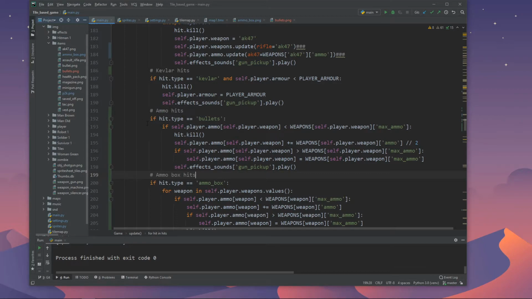For example, for bullets, we check if our hit type is bullets. Then we check if the ammo of the weapon we're holding is less than the max ammo this weapon can hold, because only then will we be able to pick them up. If it's more, our ammo is already full, we can't get more ammo because it's already bigger than the max ammo. Then we basically kill